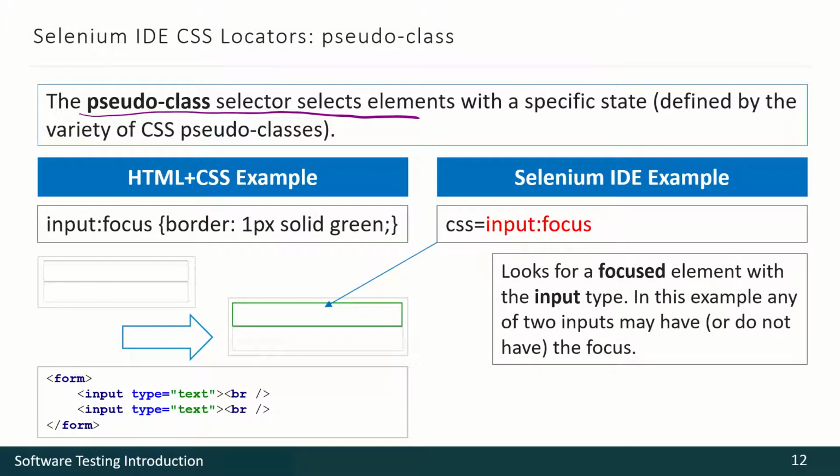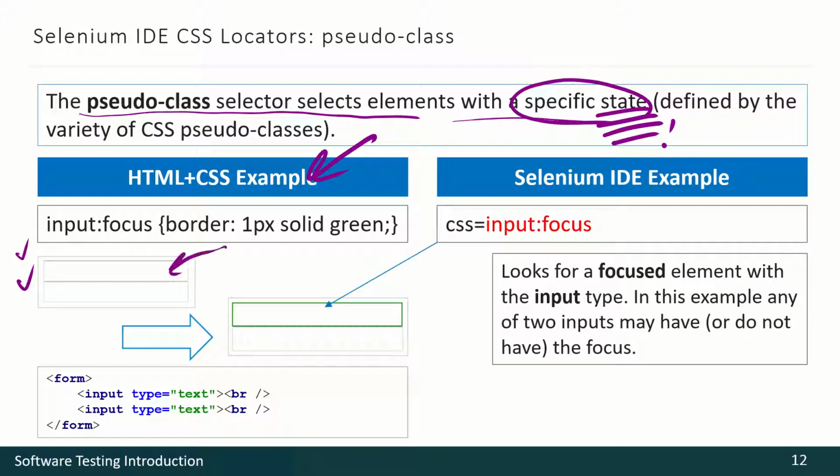Pseudo-class selector finds elements with some specific state. The state is the main idea here. Let's look at the example. Imagine we have two input fields. When we click the mouse on one or another, we pass the focus to that element. And here we see that state. Only the focused element should have this 1 pixel solid green border. We see here this one is not focused now, but if we click somewhere here and pass the focus here, that border will also be switched here.